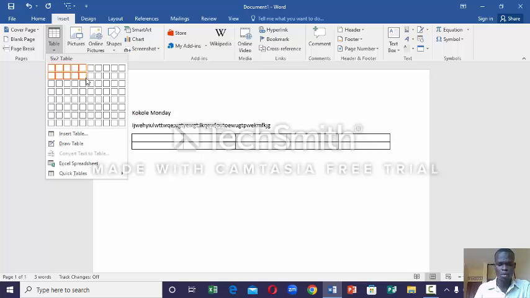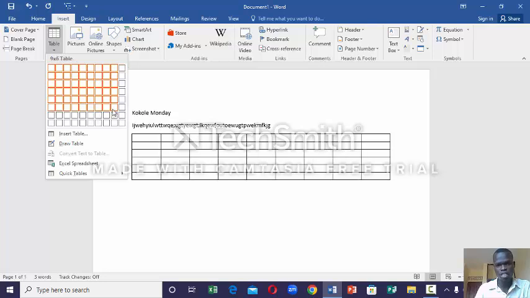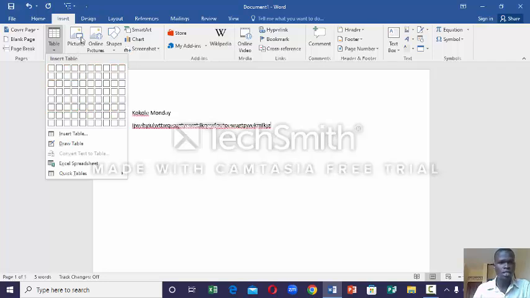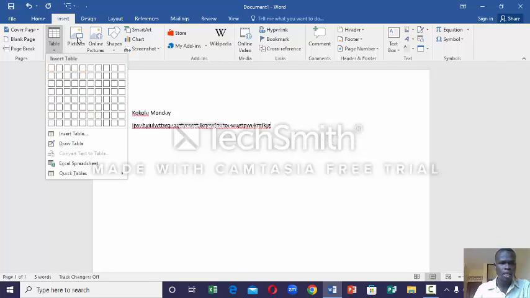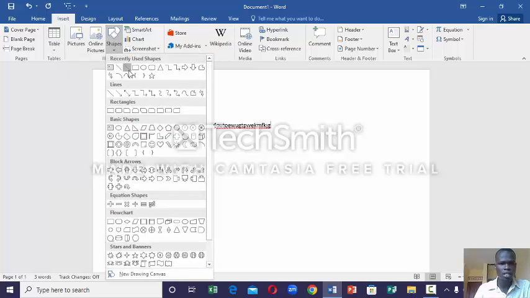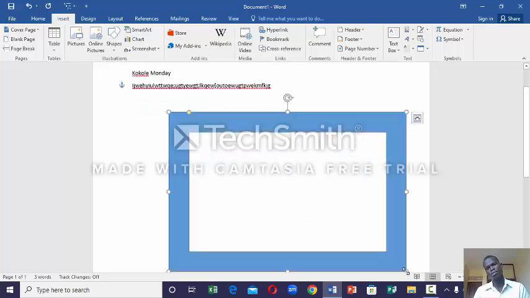Maybe you want to create a timetable, look for the columns you want and how many. Then in insert, you can insert a picture, online pictures, and so on. In case I want this, I just come and put it here, and I open it like this. That's how we create it.